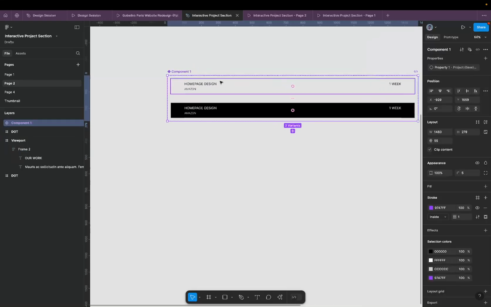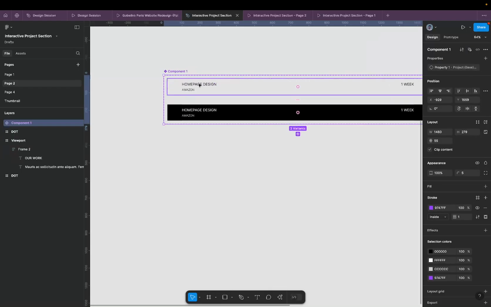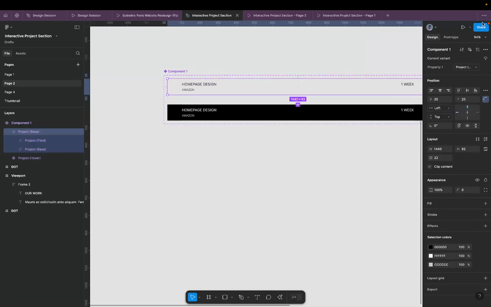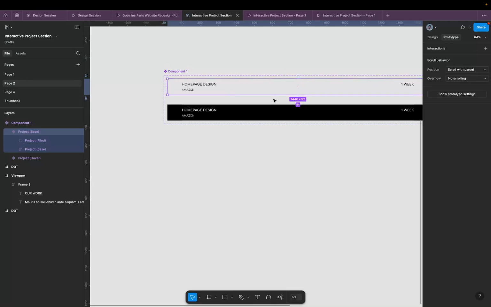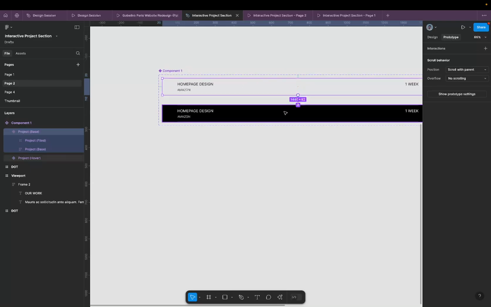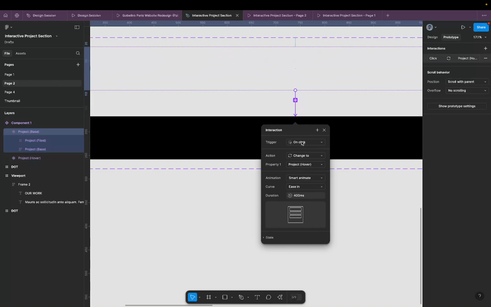set. So with this done, I will just hold select them, and then I can now prototype. I can actually start prototyping now. So prototype, link this to this. If you followed the last tutorial, you see I prefer to use mouse center. You can actually use while hovering, but I think mouse center just gives you better results, really. So mouse center